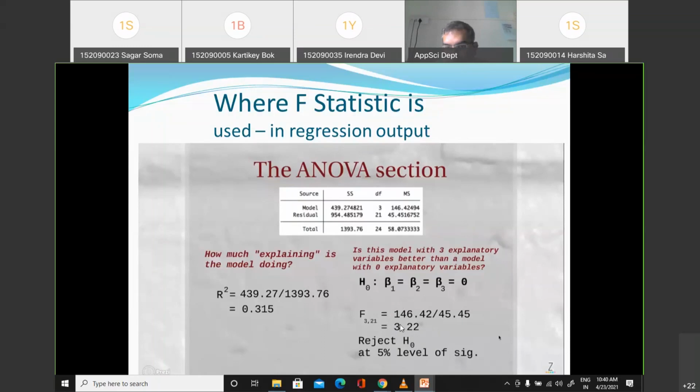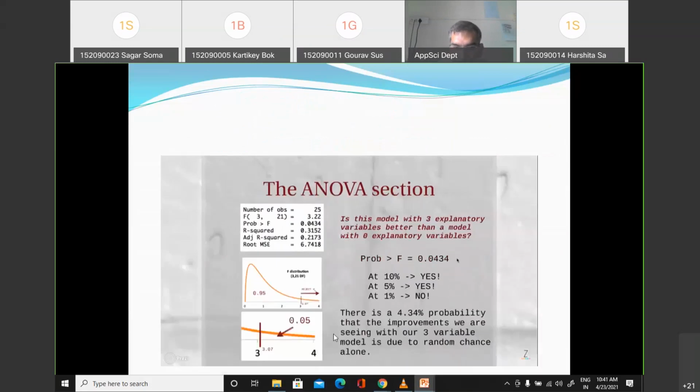Like while using the Z table, we got a critical value from the table and calculated a test statistic from the data. Here, this is our test statistic. From the table we got 3.05, a little bit here and there because 21 degrees of freedom exactly was not there. But still, 3.05 is lower than our calculated test statistic. So we say that our test statistic is in the rejection region, like this.